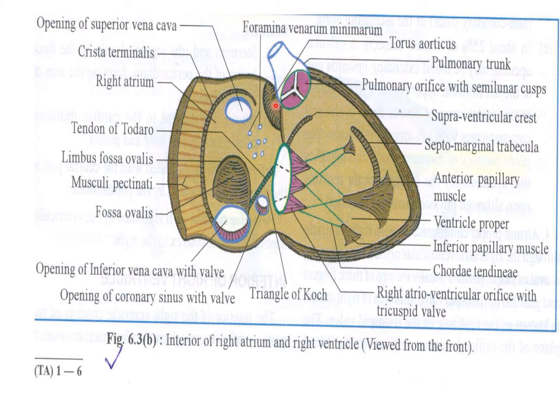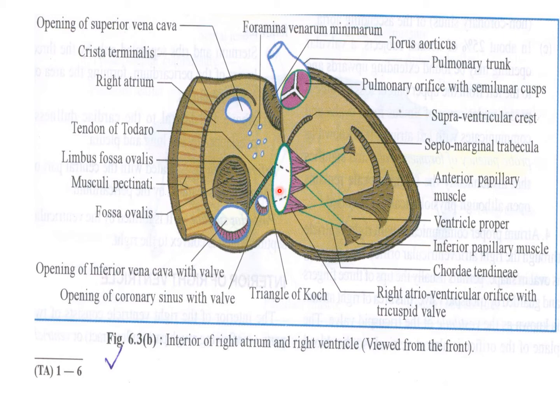Now atrium proper. Atrium proper communicates with the right ventricle through the right atrioventricular orifice. एक वाला portion है right ventricle का, ये वाला portion है right atrium में, और इन दोनों के बीच में जो opening है, tricuspid valve, name is given atrioventricular orifice. The atrioventricular orifice is oval in shape, permits usually the tips of three fingers, and is guarded by the tricuspid valve. This area of the right atrium is known as the vestibule of the tricuspid valve. So area को हमने नाम दिया है vestibule of the tricuspid valve.